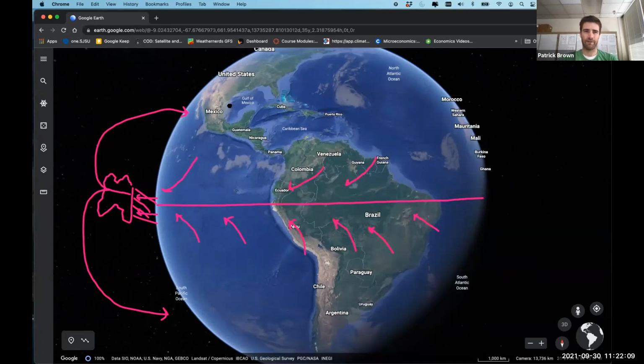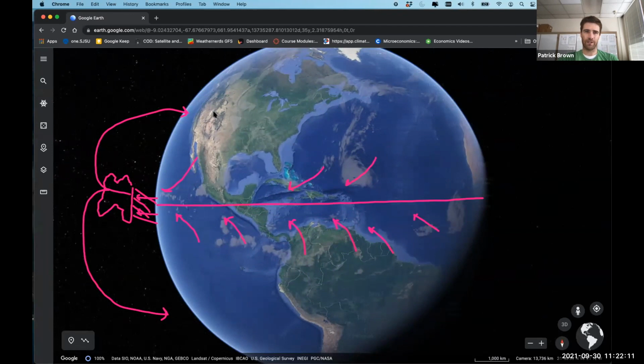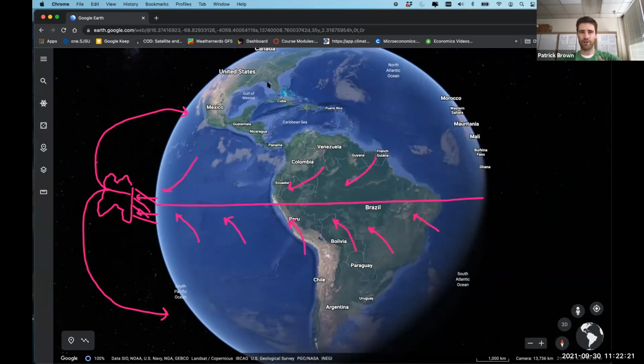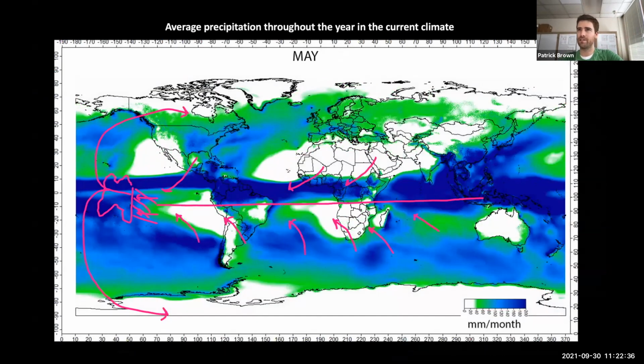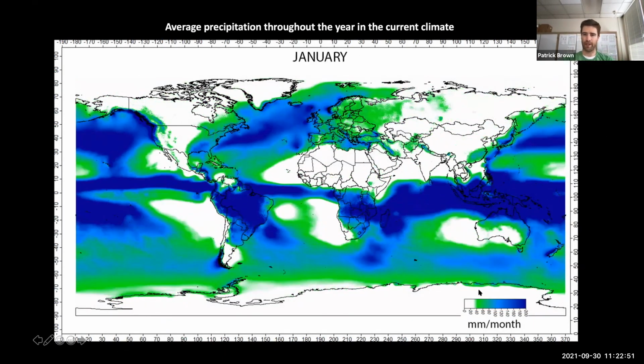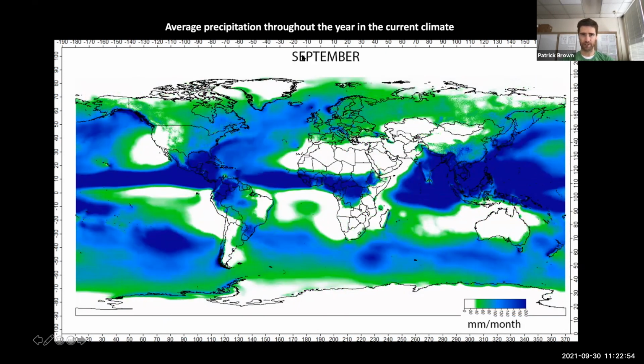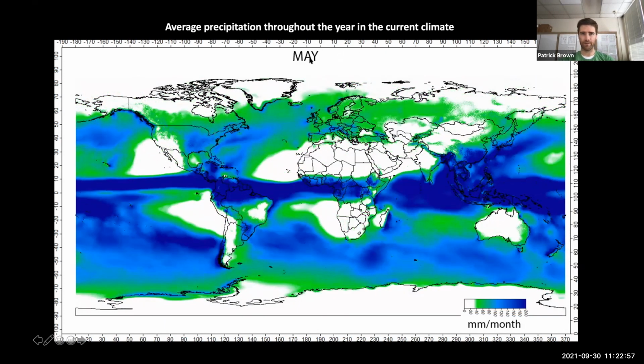So we have dry in the summer because we're under this area of subsiding air, that means sinking air, and then wet in the winter because that whole thing is moving south, and then storms can come in. So we can see that with actual data here. This is an animation of average rainfall throughout the year, going through the months: April, May, June, July, August.